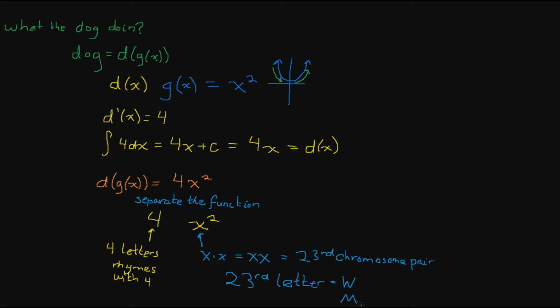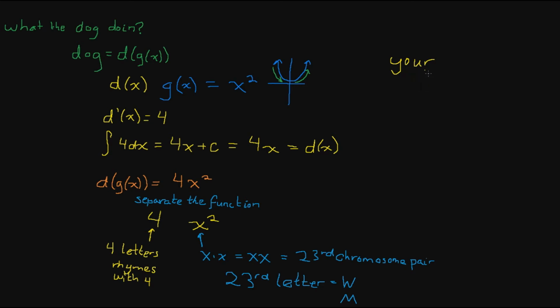So we need a 4-letter word that rhymes with 4 and a word that starts with W or M to solve this problem. This part of the solution is mostly a matter of guess and check to see if the answer makes logical and grammatical sense. We know that the word your rhymes with 4, it has 4 letters. So this could be the first word of the potential solution, which we could check back later to see if it makes sense given the context of the second word we are going to pick,